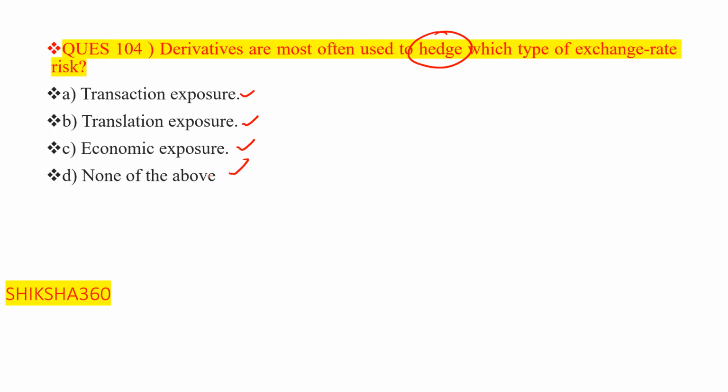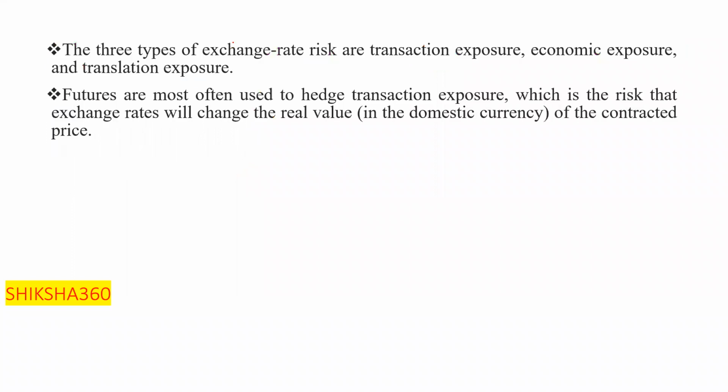So derivatives are mostly used in the transaction exposure. Mostly used to hedge which type of risk? That is transaction exposure. Clear? So option number A is the answer here. Basically there are three types of exchange rate risk, that is transaction exposure, economic exposure, and the translation